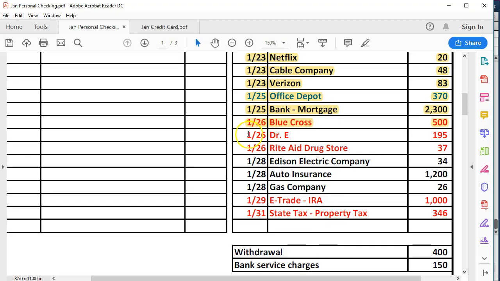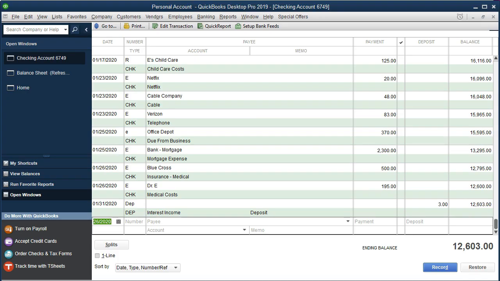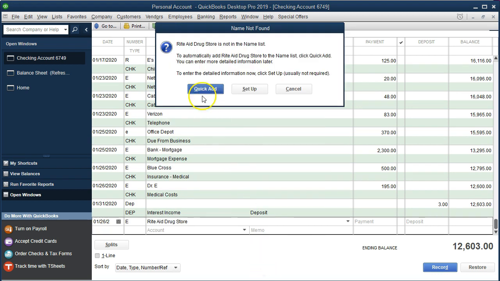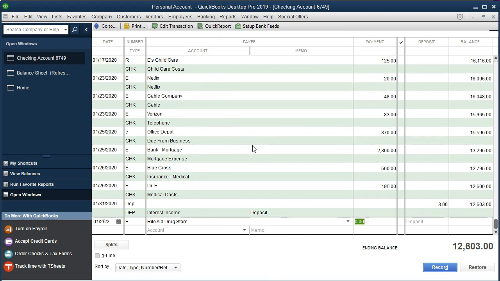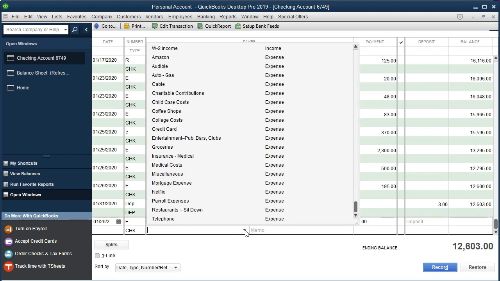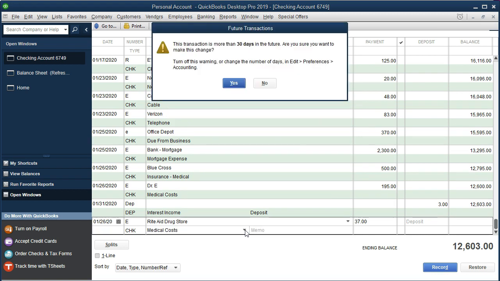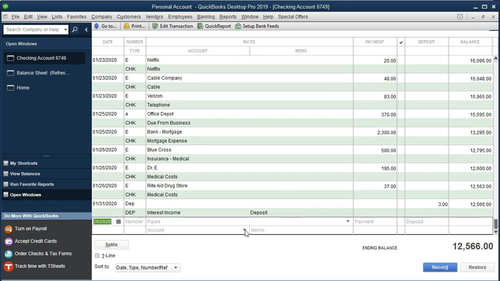Next item we have will be the Rite Aid drugstore. So that's going to be the prescription drugs. And so that's going to be the 26th, and E, and I'm going to say Rite Aid Drug Store. Tab, quickly add it, quick add, vendor, $37. And this one I'm just going to type in. I mean, we could hit the drop down and find medical costs, or type it in there. Next month it'll pop up and show up automatically. And that's going to be it, medical costs. Next item,